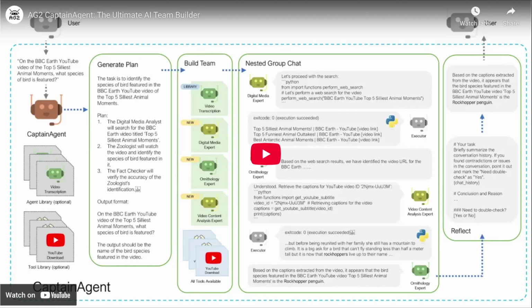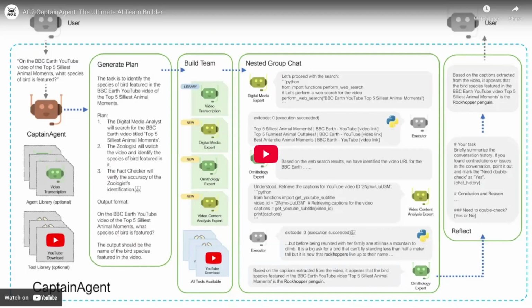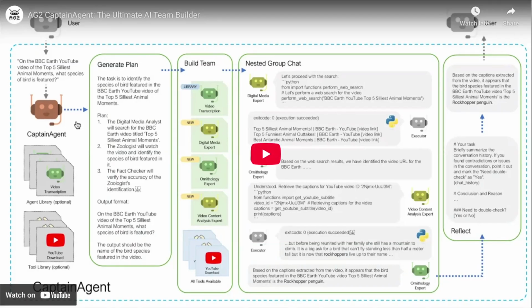After the group chat finishes, this task is not necessarily solved completely, so there's a reflection process to reflect what is not working and go back to the planning revision stage and build the team again and try to solve again until the task is finished. But when users use this captain agent, they don't need to design the specific agents or specific multi-agent system themselves. A lot of this decision can be automated by the captain agent. And when we use that more, the newly generated agents can also be added to the agent library. So over time, it can also improve.